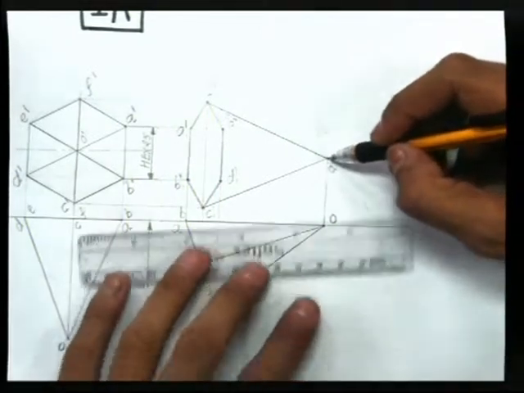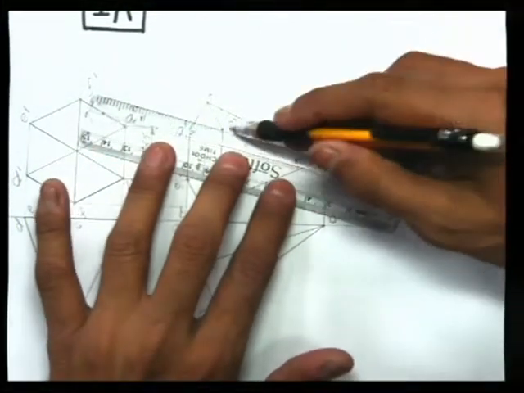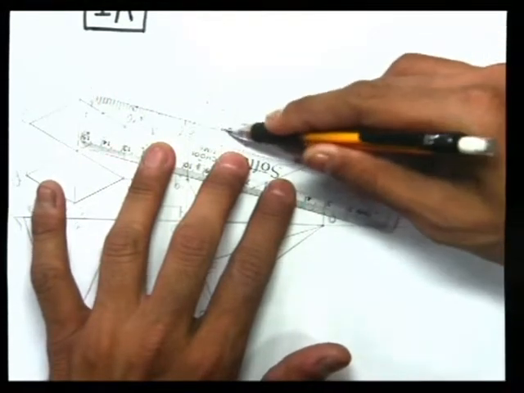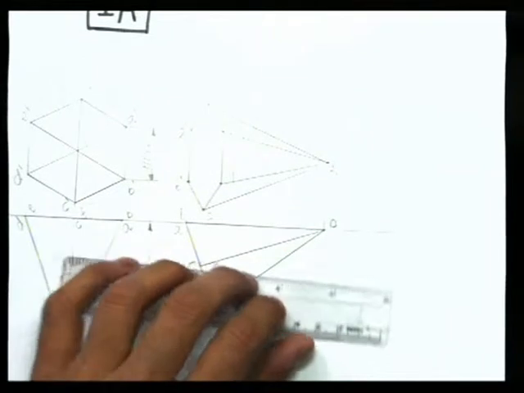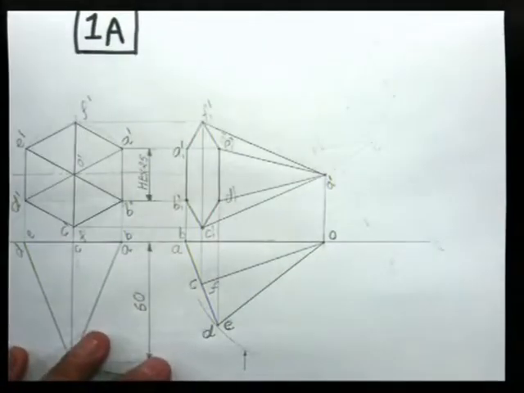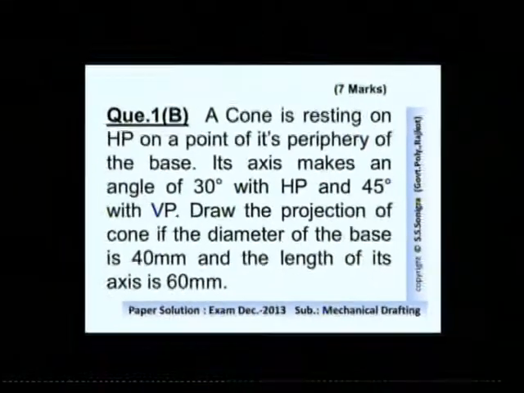Both sides are towards us, so they will be fully visible. Hence join them with the full line because they are visible edges, so a full line would be there. Now just think about the previous one.